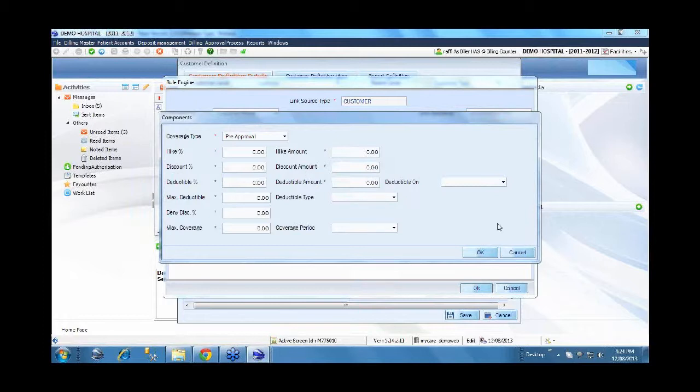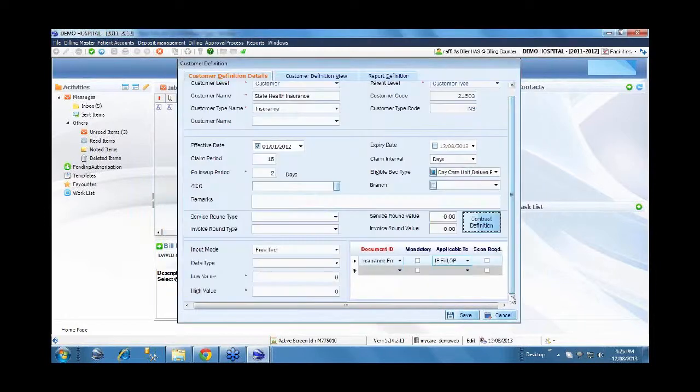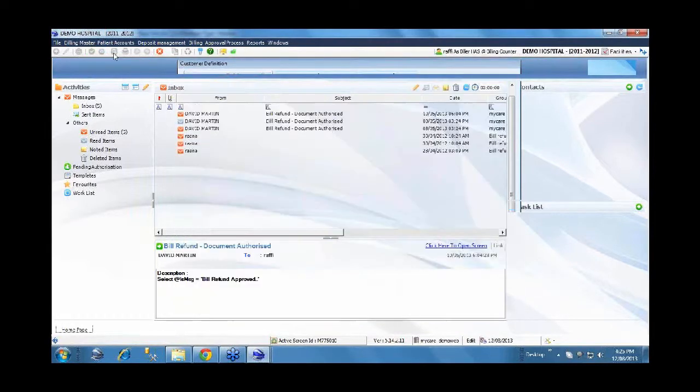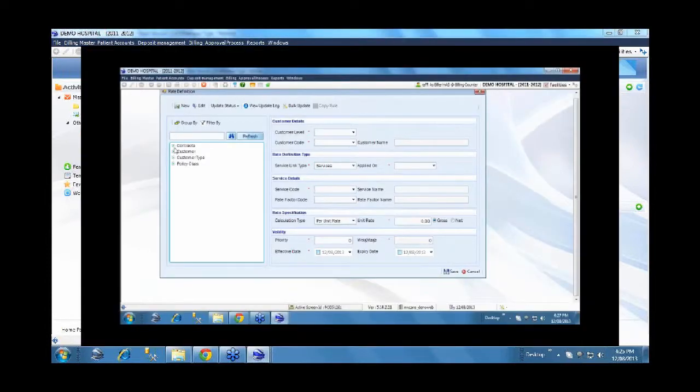This is the flexibility we have as far as defining the contractual rules is concerned. So, as we said, we guarantee any information in the contract can be translated into a rule, and there will not be anything which we will not be able to define here. So this is on the customer definition. Now we will look at the flexibility we have in terms of capturing the fee schedule. Then we will get into one workflow to show you how all this information, these contractual rules, these fee schedules, everything, is applied in real time.